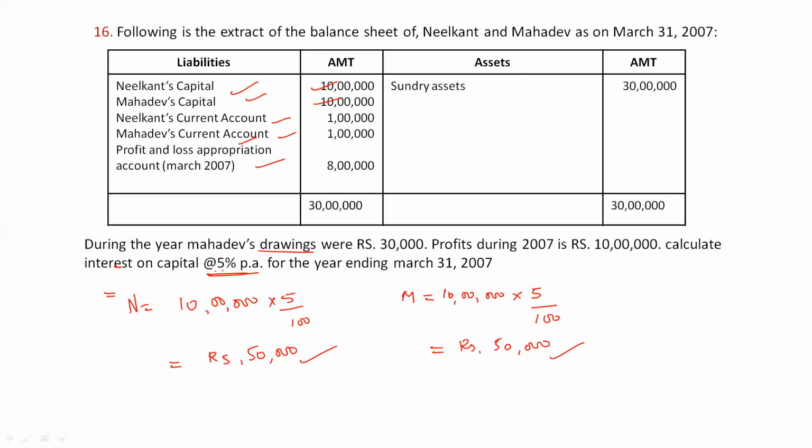So we are just taking the fixed capital amount, that is rupees 10 lakh, and the interest on capital, that is 5% per annum. So simply we are finding out the interest here. I hope it's clear. So by this we have completed all the problems on the interest on capital topic. From my next session we will be starting the interest on drawings topic and solve more and more textbook problems on that topic. So keep watching.